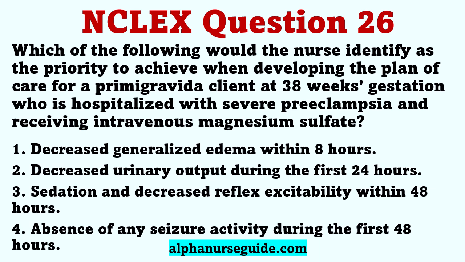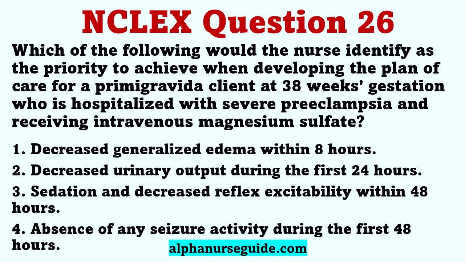The correct answer is 4. The highest priority for a client with severe preeclampsia is to prevent seizures, thereby minimizing the possibility of adverse effects on the mother and fetus, and then to facilitate safe childbirth. Efforts to decrease edema, reduce blood pressure, increase urine output, limit kidney damage, and maintain sedation are desirable but are not as important as preventing seizures. It would take several days or weeks for the edema to be decreased. Sedation and decreased reflex excitability can occur with the administration of intravenous magnesium sulfate, which peaks in 30 minutes, much